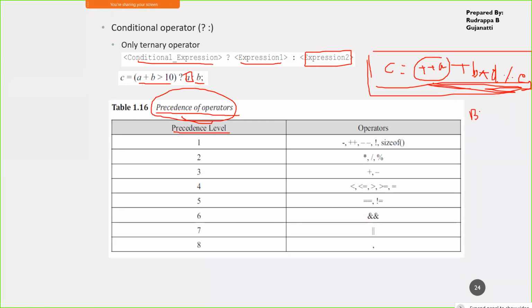One is the BODMAS rule, which you have to remember: bracket, division, multiplication, addition, subtraction. Brackets will be evaluated first.